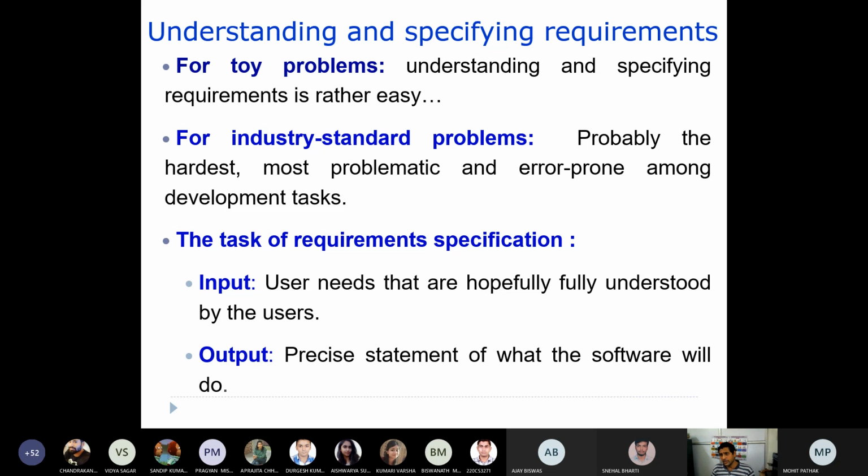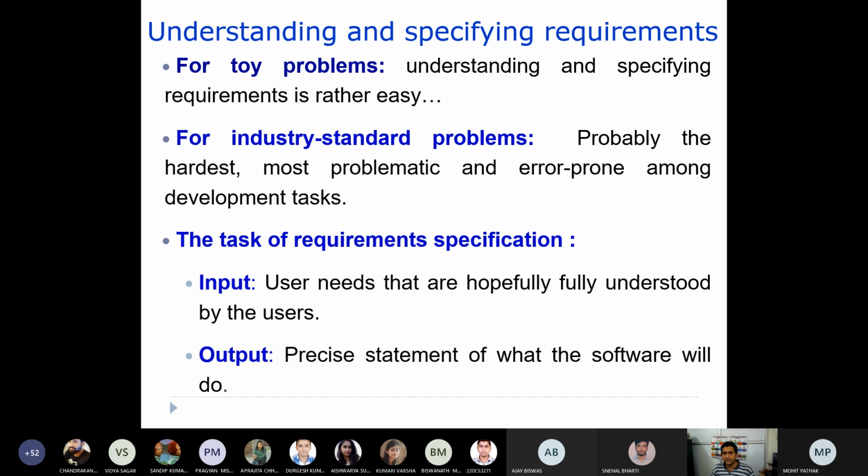If any error is made here at this point of time, accordingly the error is reflected in the design, accordingly the error will be reflected during testing, and accordingly the error will be reflected during coding, right? So this is the phase where you need to give utmost care.